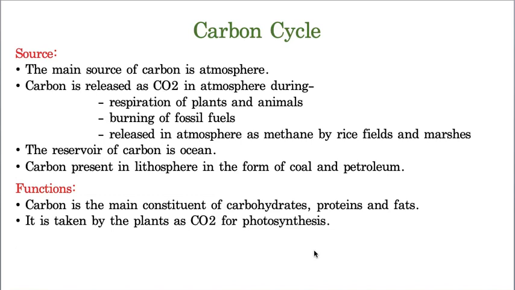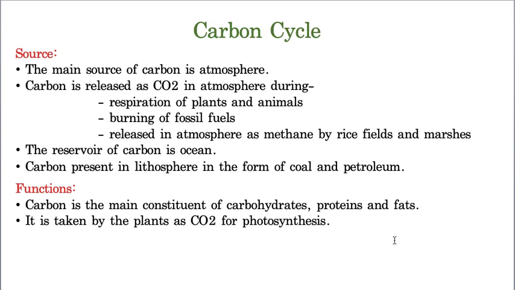Hope you understand. And from herbivores it is going to carnivores, because some goats and some sheep will be eaten by some tiger or any other carnivorous organism, and we personally are eating the plants. Okay, of course some are non-vegetarians also. So this is how we are eating carbon dioxide in the form of food by photosynthesis, and our body is also maintained, and by excretion, and also by death, again the carbon dioxide is entering into the atmosphere. Hope you understand. So these are the functions of carbon dioxide.